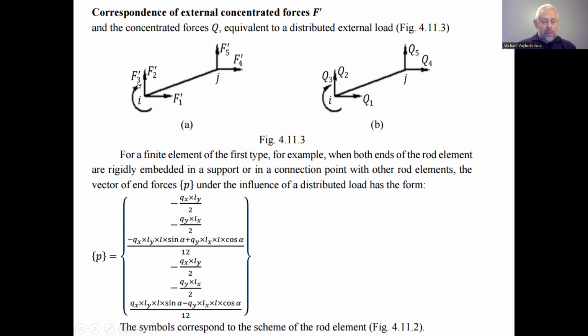F3 stroke means that it is assigned as the concentrated moment. This is assigned with the magnitude of 0, because we have only assigned the horizontal component of the 50 kilonewton concentrated load applied to node 2. This is node number 2. The force F1 is applied to node number 2, and the force F2, vertical, applied to node number 2 upward. And at the second and the third node, we have the connection of the finite element number 2,